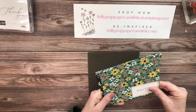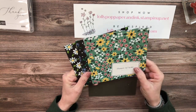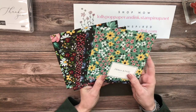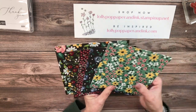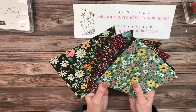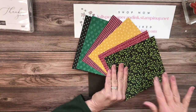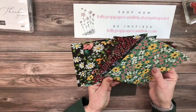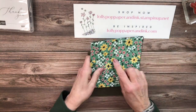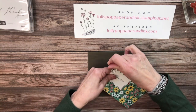So I matched this one up today with, this is another Celebration Level 1 award. And this is called the Flower and Field DSP. And again, it's with a $50 purchase. These are 12 by 12s. I just keep them 6 by 6s for referencing to see the beautiful coordination. So we're going to be using one of these patterns today, and I'm going to match it up with our Bumblebee